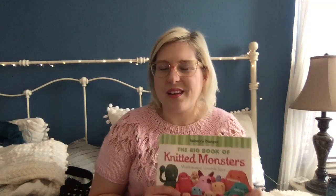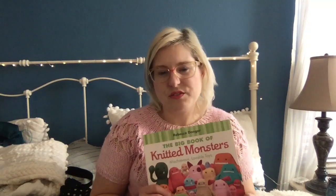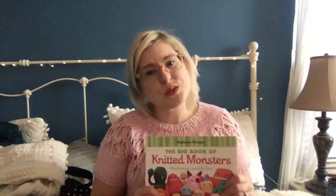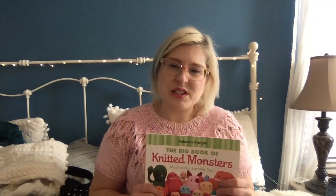One of my cousin's children is about to turn 1, and I wanted to send a gift. I made him a hat for Christmas, so I wanted to do something different. Not an accessory, not a whole sweater. So I decided to knit a monster. And I'm knitting the one that's called the Garage Monster, and they all have different names. I don't want to accidentally show you any of the pattern, but